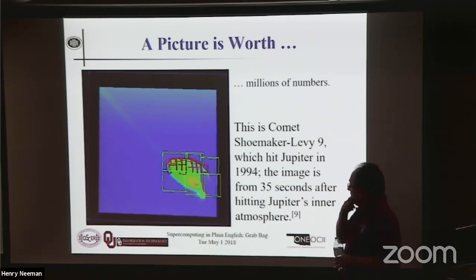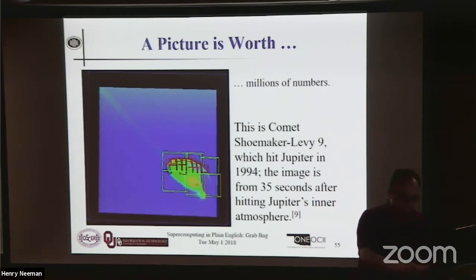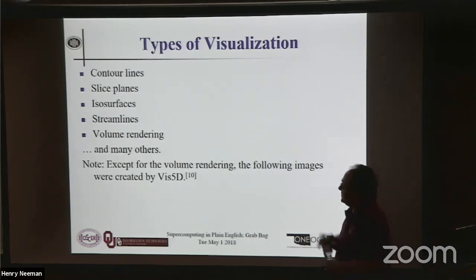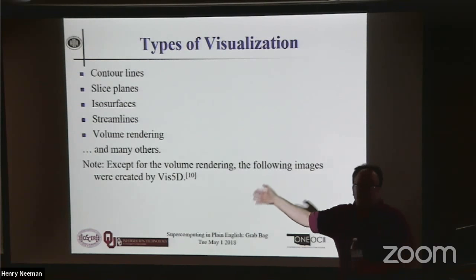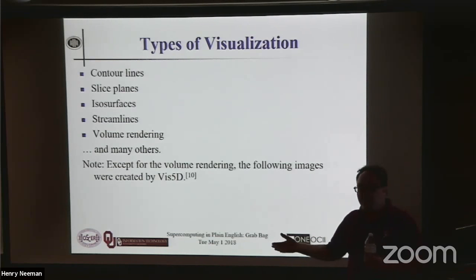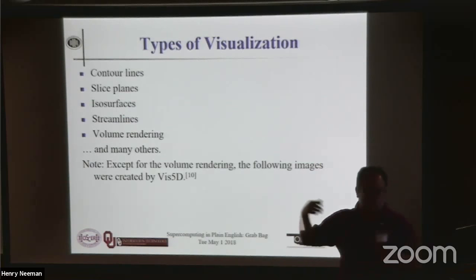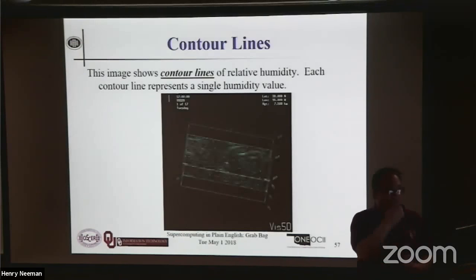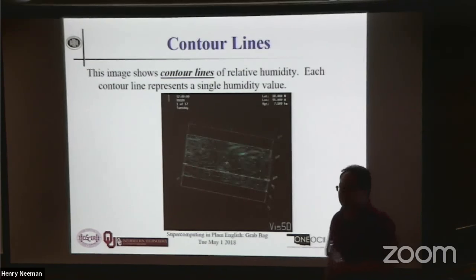By turning it into a picture, we can understand what's going on, right? Okay. So there are a number of ways that we can look at the data, and these are just some examples. There's a zillion other ways, and different kinds of data have different ways of looking at them. If you're going to look at, for example, bioscience data, it's going to have a different way of visualizing than this. If you're going to look at social science data, there's different ways of visualizing that. Lots of different ways to visualize data. This is just one set of examples